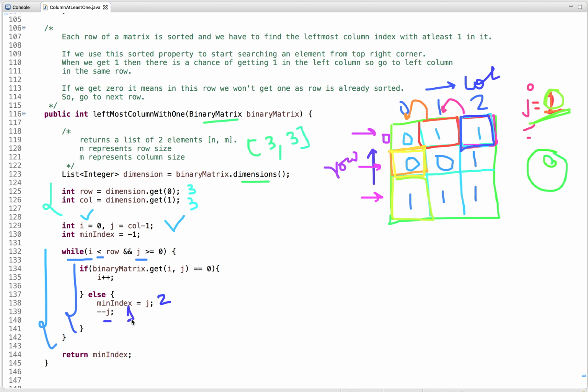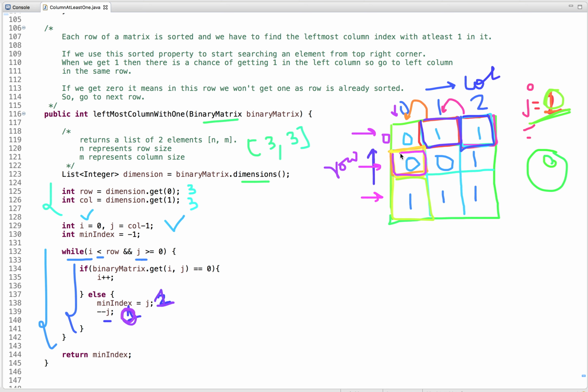So let's update its value, and here also at the 0th row and first column the value is 1. So update its value and decrement the index, and now we reach this column, and here the value is 0. It means we have to move to the next row.